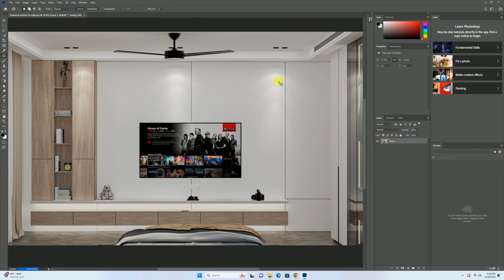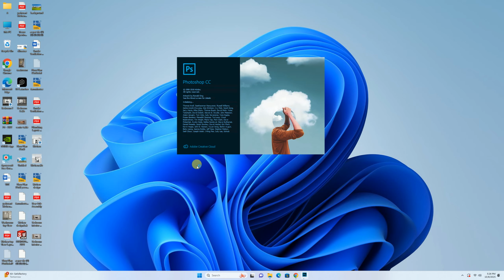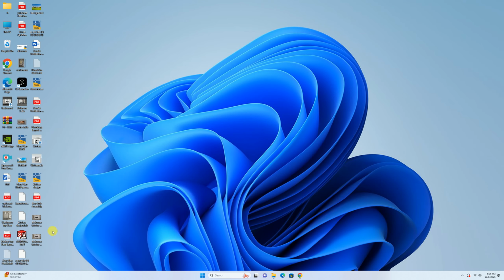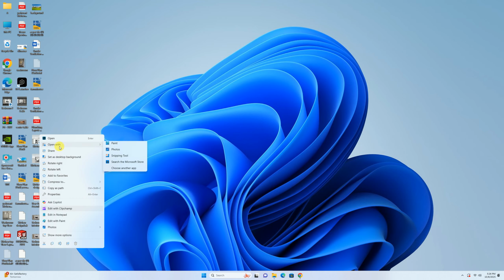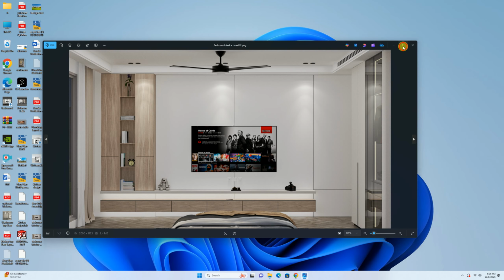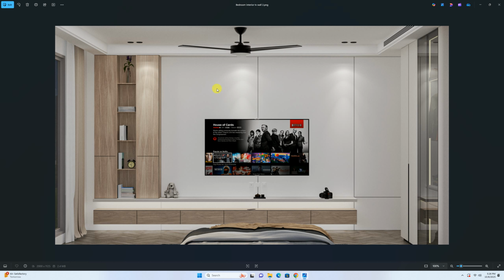You can save it as PNG or JPEG, whichever you feel like. So in this manner, we have created our interior render for the TV bedroom.